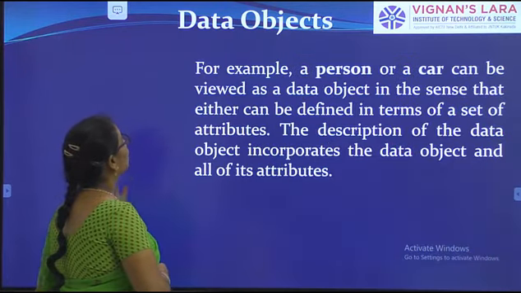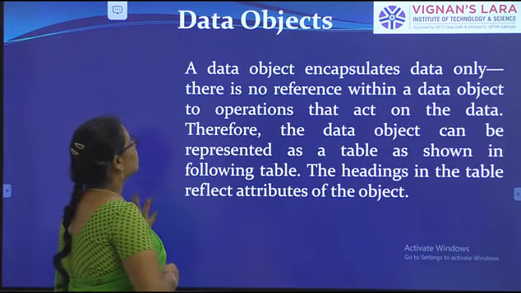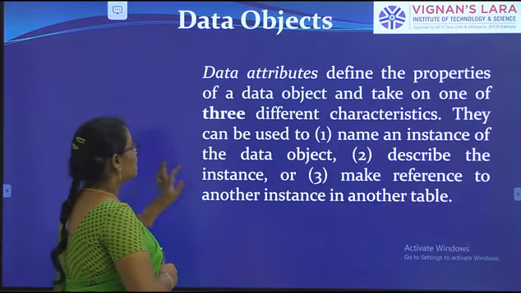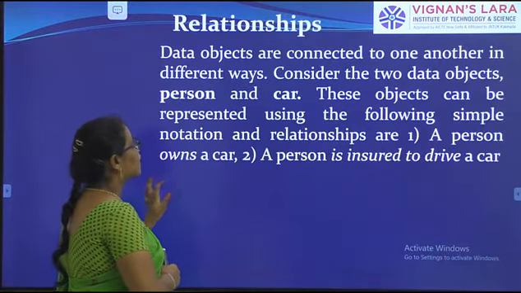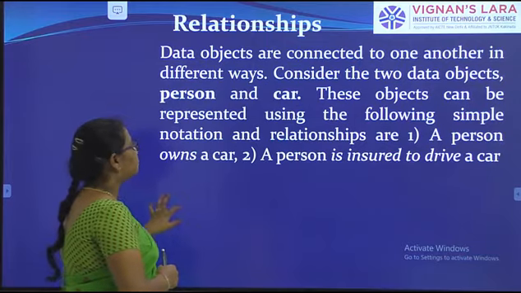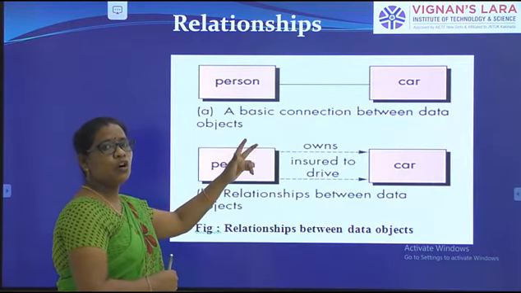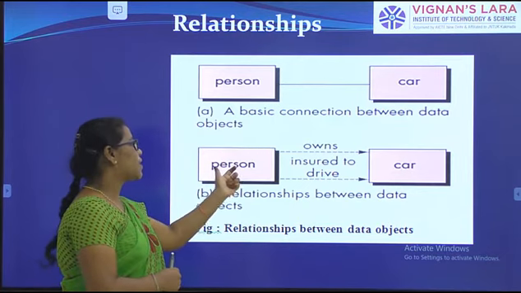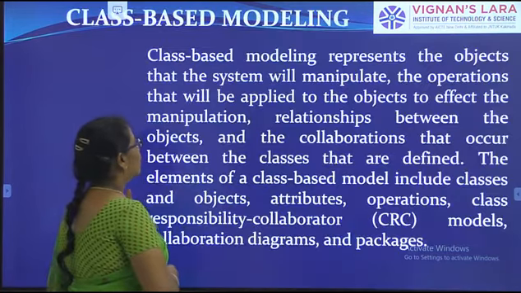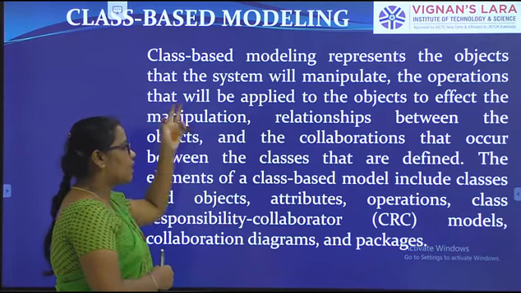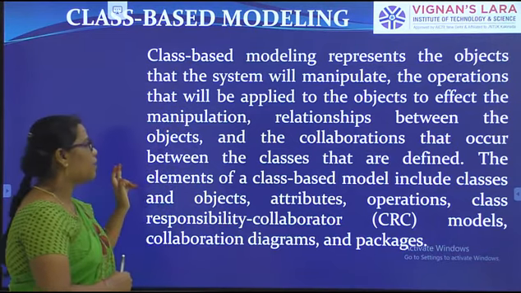So these are the things we thought about the data objects: what is data, what are the attributes, and what are the different relationships between them. Later, how we can represent the relations between two objects. Person is an object, car is an object. And next, in class-based modeling, we have seen some of the